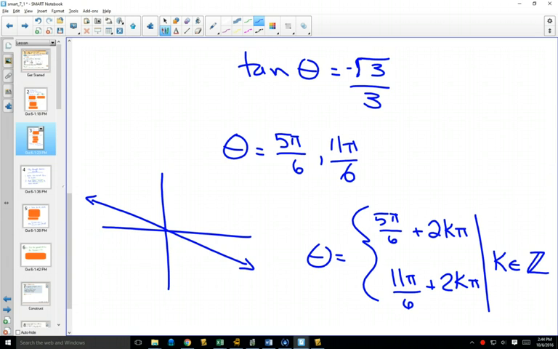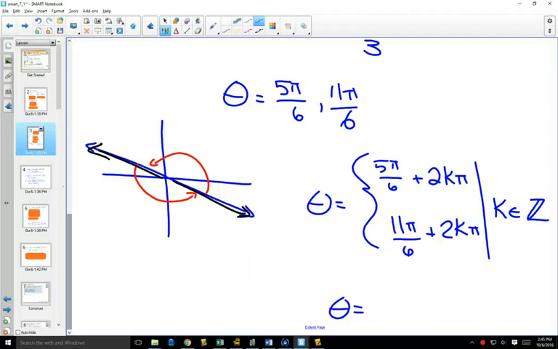And this will be a correct answer. Sometimes in multiple choice questions, especially with tan, they might even write this answer in a different way. Do you notice how far it is between each of these answers? 180 degrees or pi. So if you didn't want to do 5 pi over 6 plus 2k pi, because 5 pi over 6 plus 2k pi will just get all the ones that end here, and 11 pi over 6 plus 2k pi will just get all the ones that end here, if you wanted to get them all at once, another way that you could write this, and sometimes you'll see this in multiple choice questions, they'll say it's just 5 pi over 6, and then if I go around only pi as many times as I want, where k is an integer,